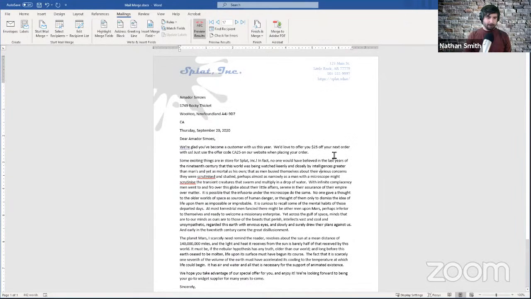sales associate. So if I wanted to be a little fussy, I could go in and change the spacing here so that it would look right, but we're not going to fool with that right now. Other than that, this looks good. So if I'm done, I would click on Finish and Merge, and I have